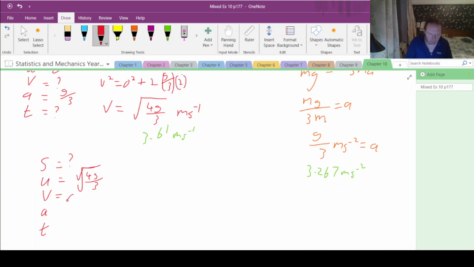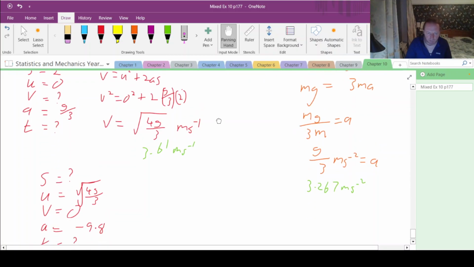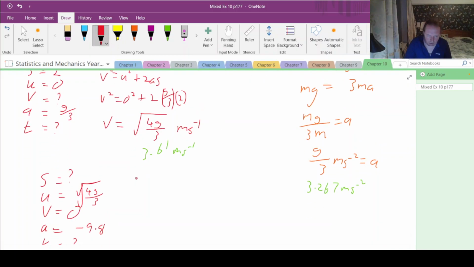The final speed will be 0 because it will be at the top of the arc of flight, and its acceleration is going to be minus 9.8. The only thing slowing it down at that point is going to be gravity, and time we don't know. So again, we are looking for suvat which has no time in it, so we can use the same equation as before,